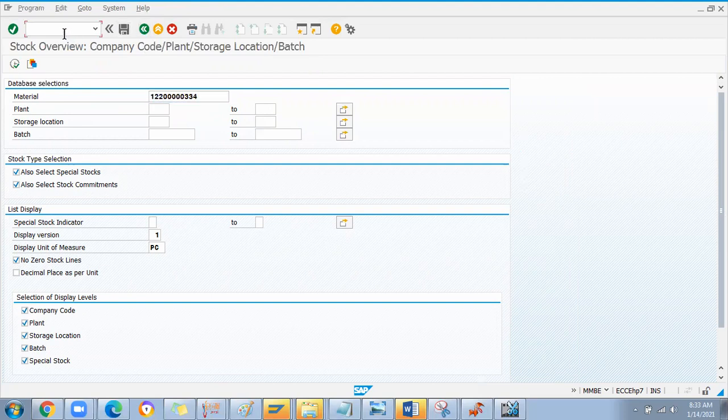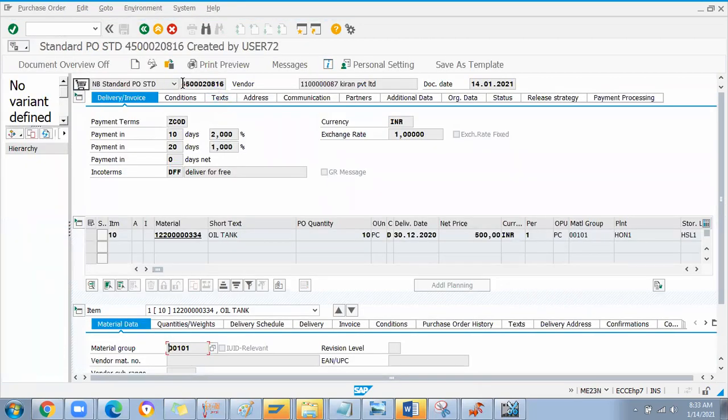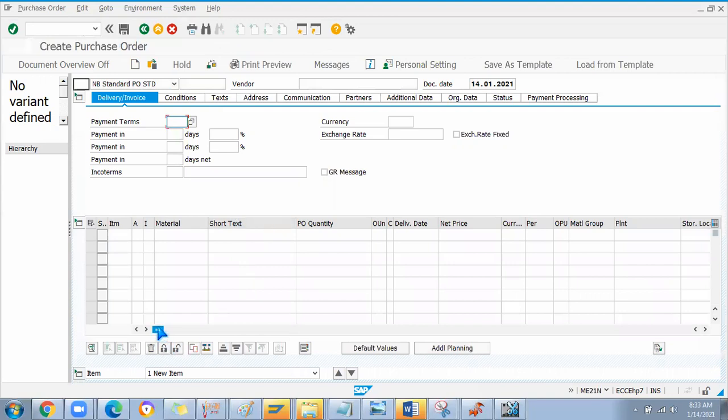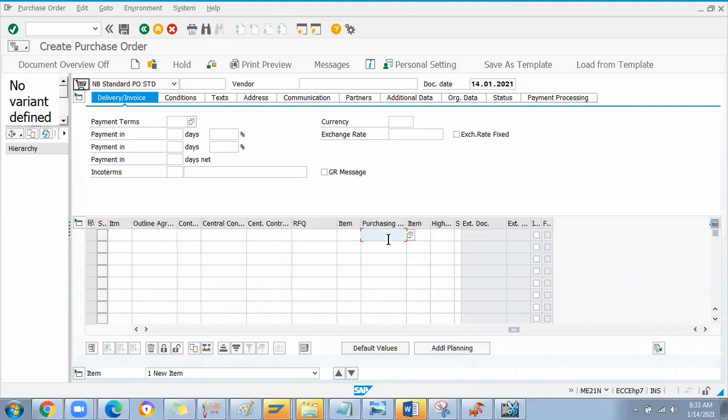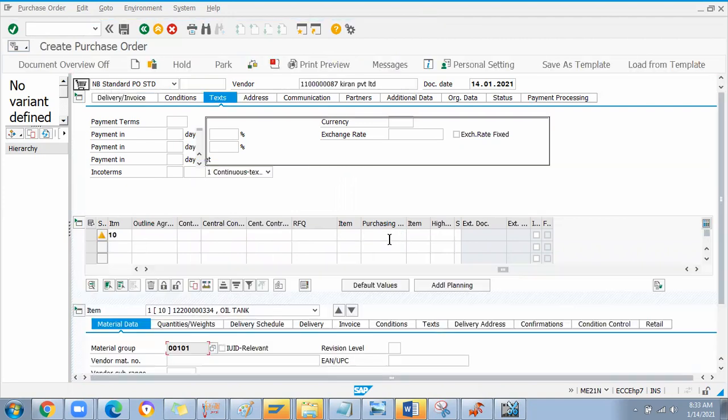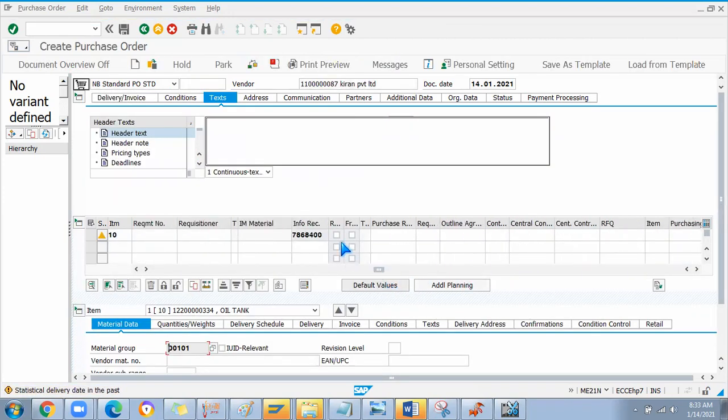Okay, I will show you a simple process for 22, sorry, 23, and I will use the latest PO which we have created. In case you have to return the stock through a PO, that is called a return PO. Enter this PO number here. Here there is one checkbox. If you want to take the material as free stock, then you check this one and do the GR. Then it is a free PO. There is no cost, value will not come into picture, and it is not required to pay the money to the vendor.